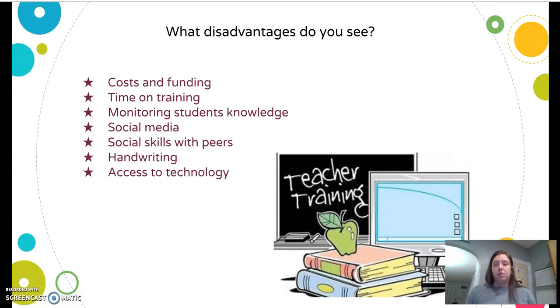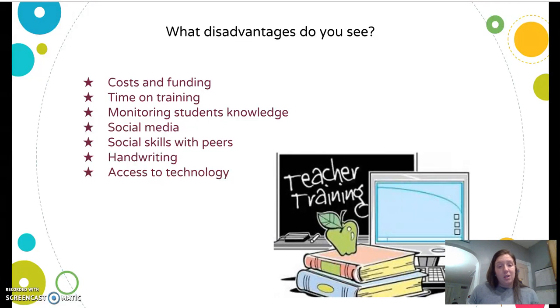And also spending time on training. Teachers need to be trained on how to do these things. They should be trained on using the apps, the software, the technology, the devices, and being able to have ample time before administering and using them in their room. Teachers don't always get too many professional development days. I know in my organization we have staff development once a month that could last an hour or it could last 5 hours. So sometimes it's hard to get the time to learn these things.